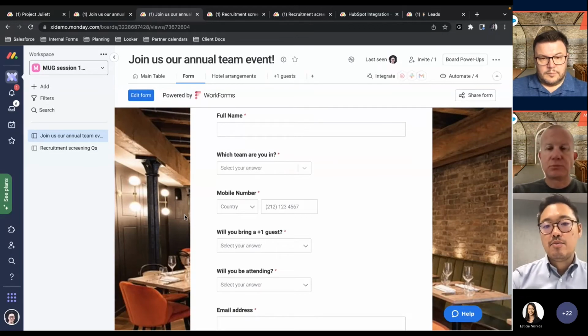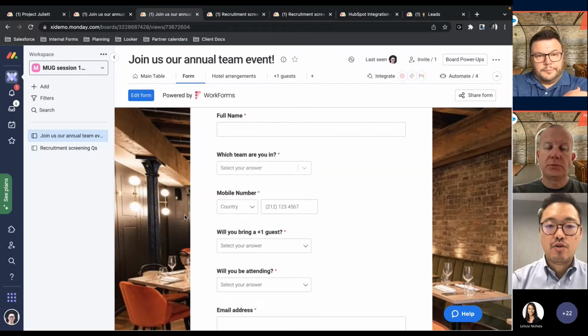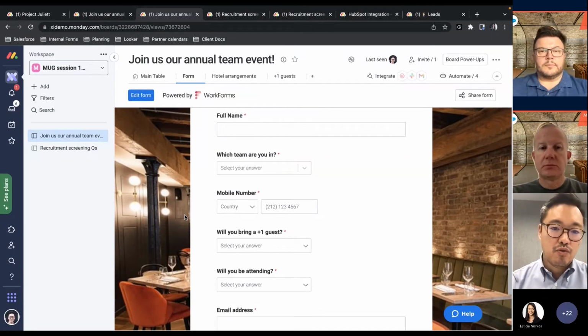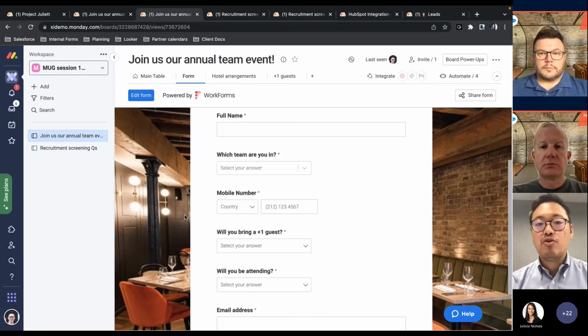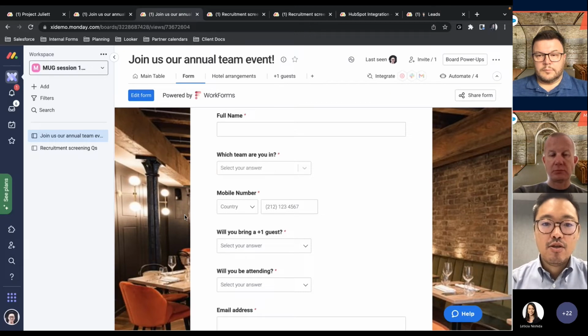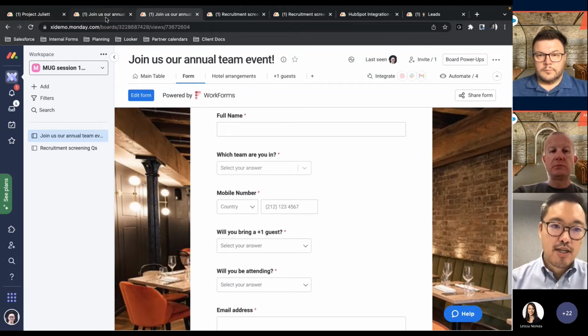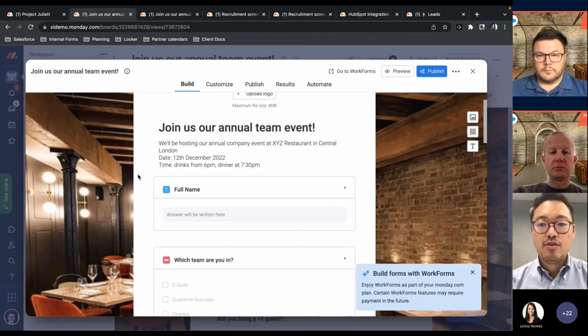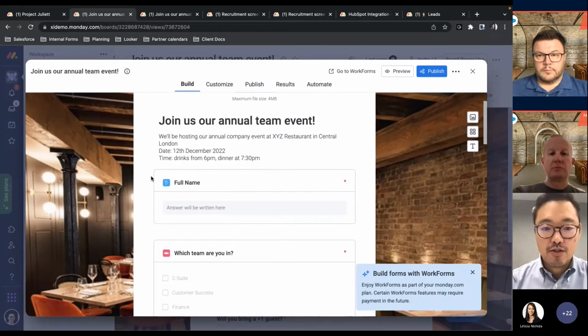So typically customers might have internal forms where you're requesting resources, or you're pitching new products or getting projects approved. That's very much a big part of how customers are using the forms right now, or possibly they could be external forms that you're sharing with people outside of the business. So that's already been in place from Monday for a while. The enhancement that we've then added is something called Work Forms, and I'm just going to take you through some changes that might be of interest to you.